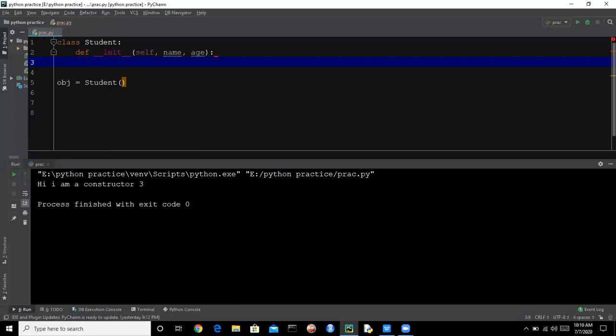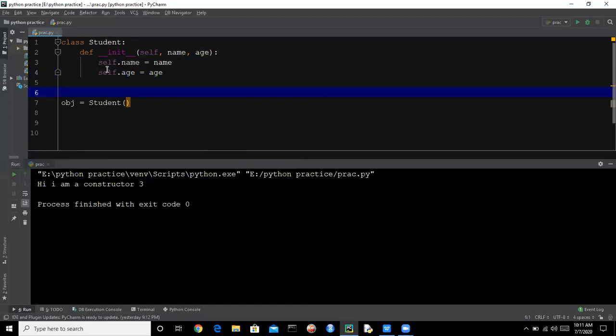So how can we assign name and age to a student? You can just say self dot name will be name. So we are assigning name like this, and we can say self dot age is equal to age. So we are assigning age to a particular student.